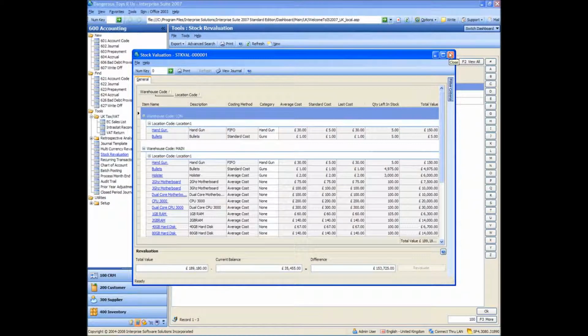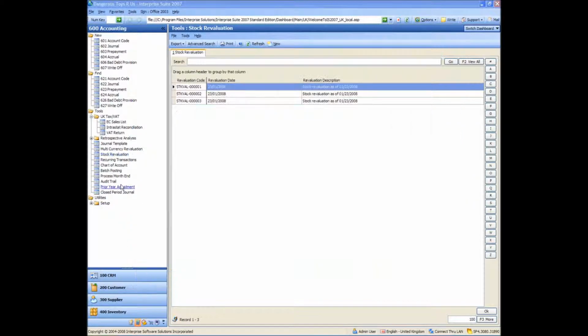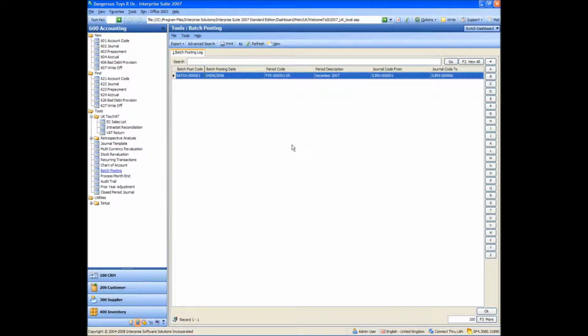Okay, so the next thing that we're going to do is a batch posting. Okay, so we've already got the batch posting I did for December in